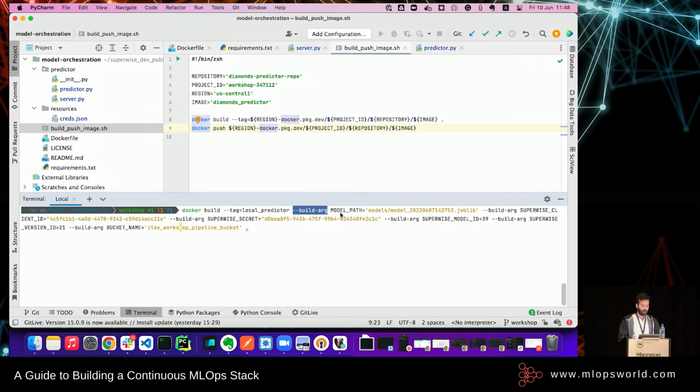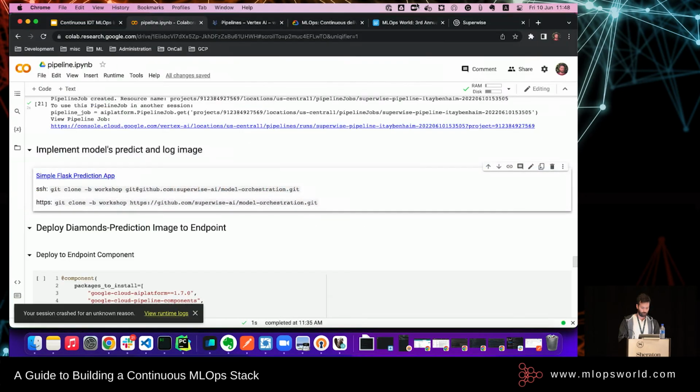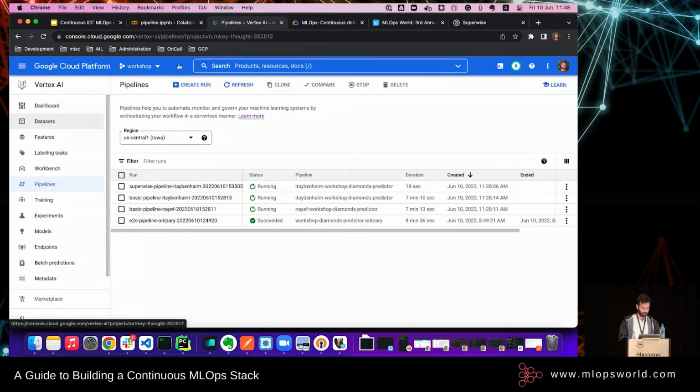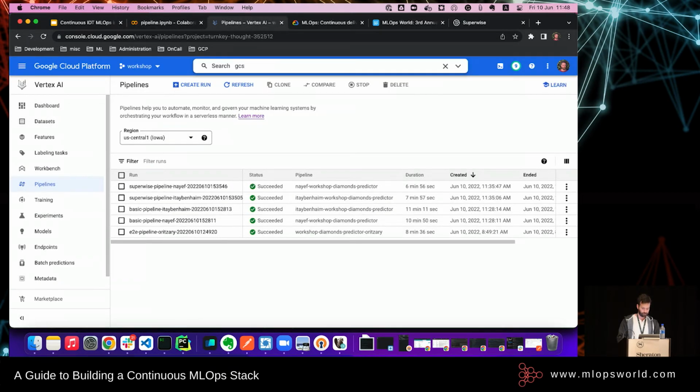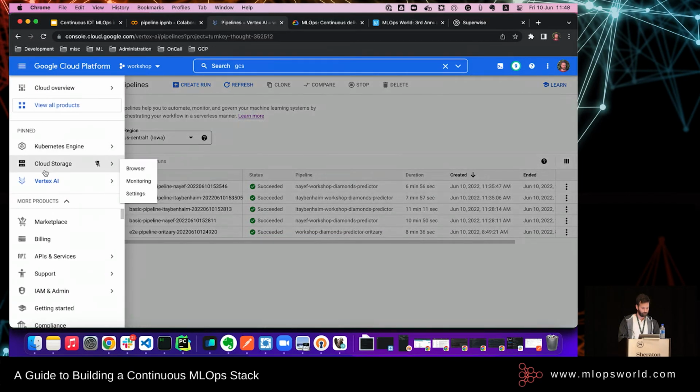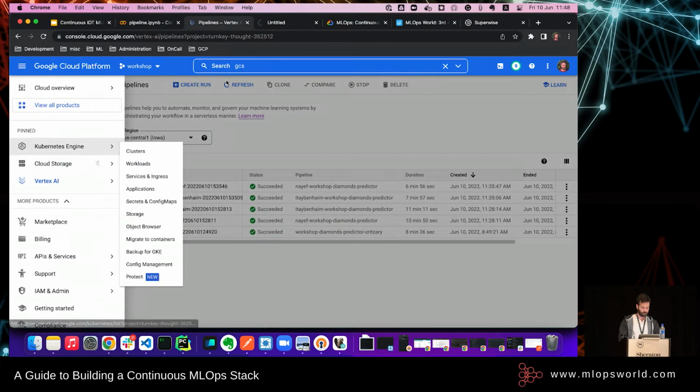We're going to provide all the arguments that it's going to need. I'll just have to change the model path, I guess. I'm going to have to change many things, so let's do it together. So model path would come from GCS. I have it here. Let's open a new one.